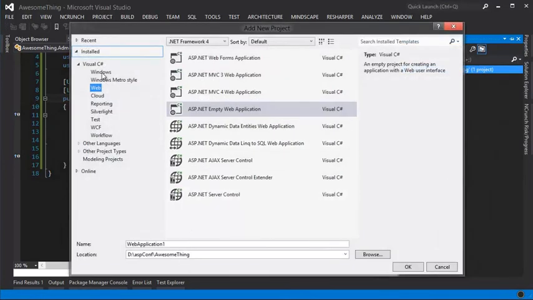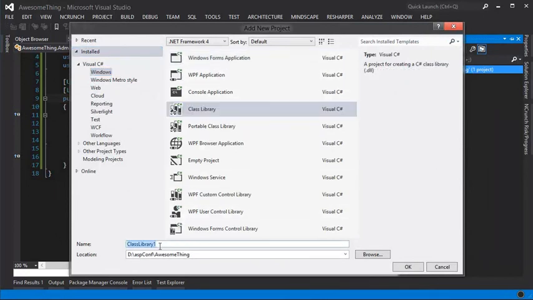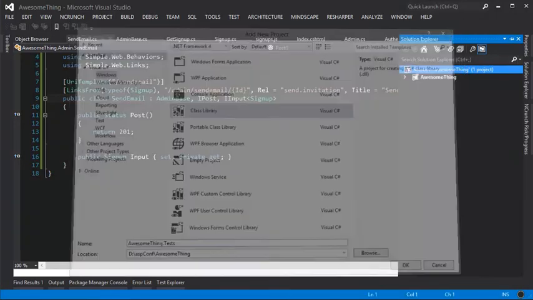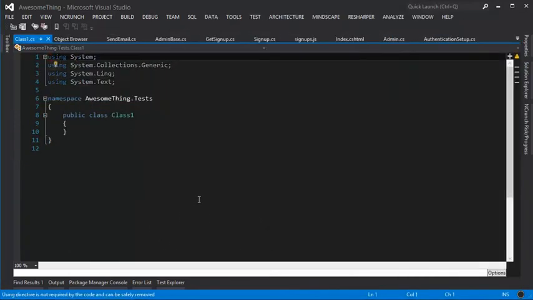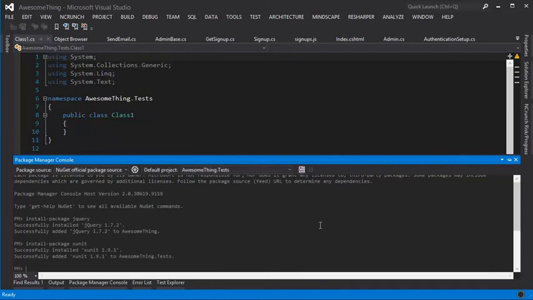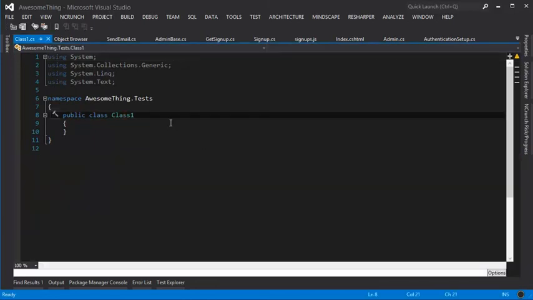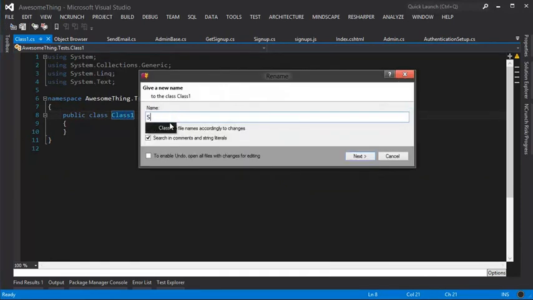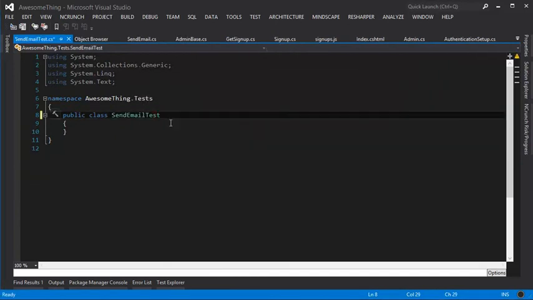We're just going to create a Windows class library, and we'll call it awesomething.tests, and in awesomething.tests we will install package xunit. And then I can change this to send email test, and